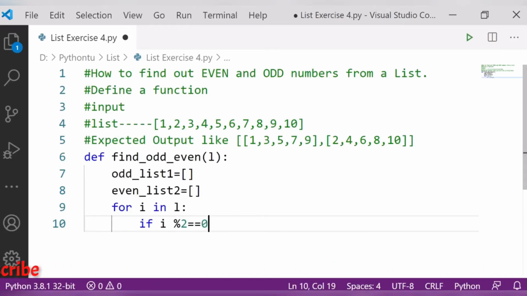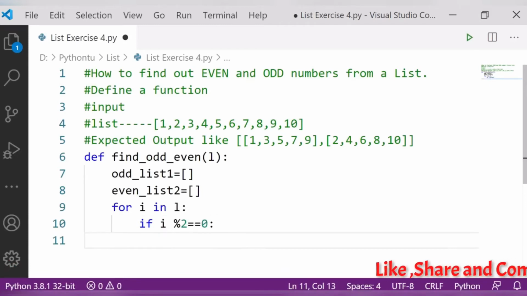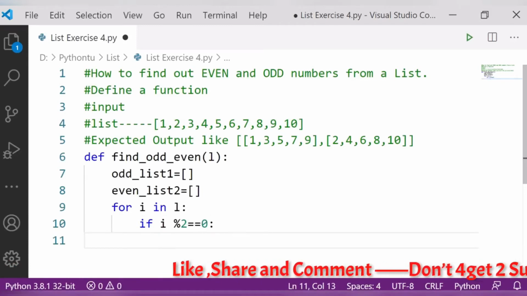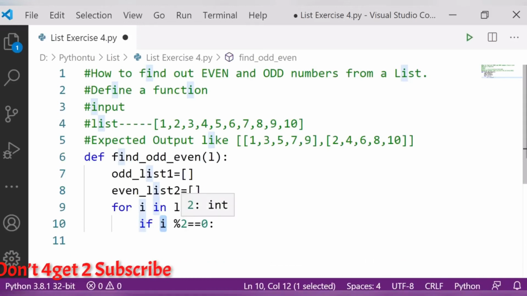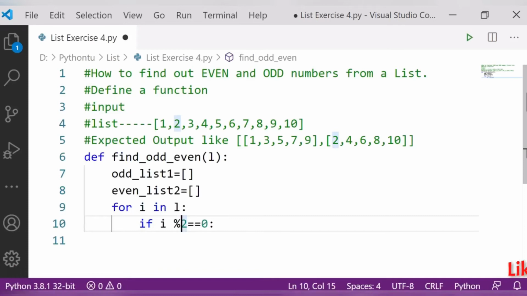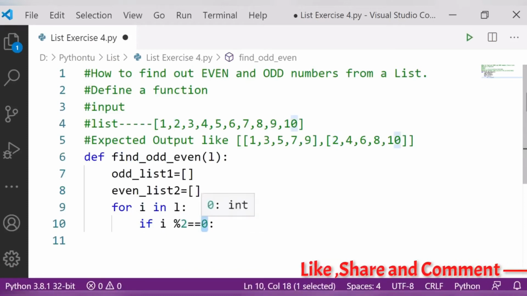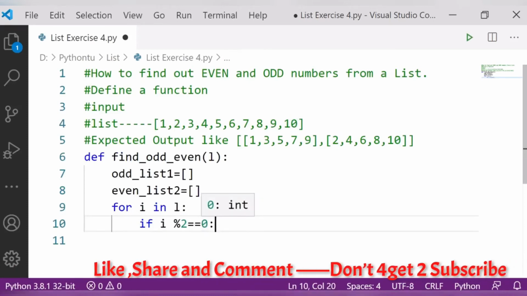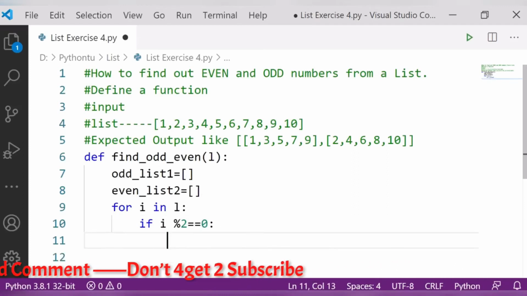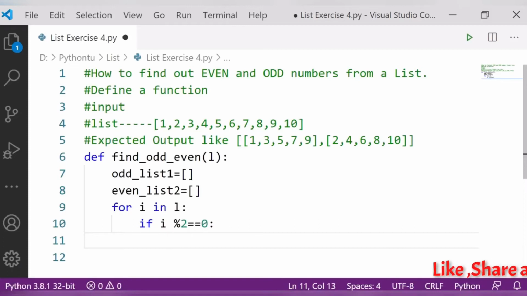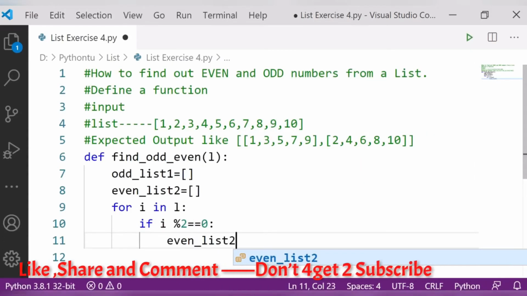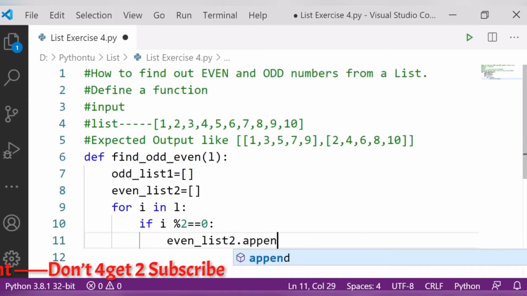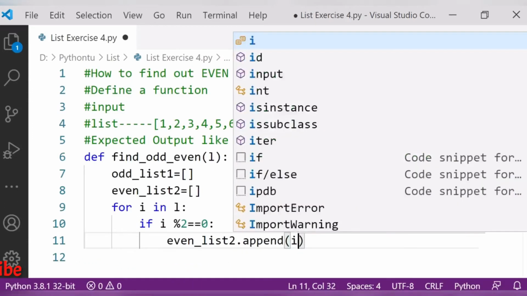What I mean to say is that if any number I that I will pass here is divided by 2 and the remainder comes 0, then it is an even number, and that value has to be put inside the even list. Even list 2 dot append I.